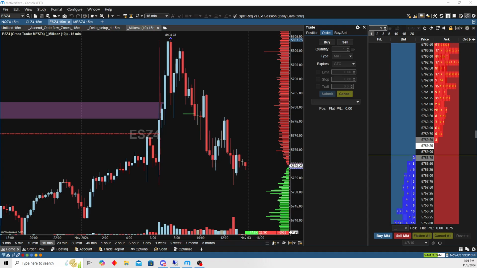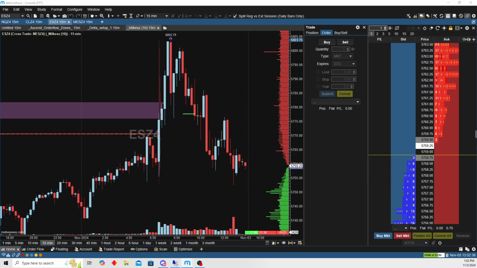So for starters, if you are brand new to Motivewave, I do recommend having the order flow version, which I believe is 50 a month. You don't need it, but it works best with the charts that are sent. Like if you're using Milk's yellow box chart, it's best to have the order flow version at least. You can go higher up, but that's just what we recommend to start with. And then after that,